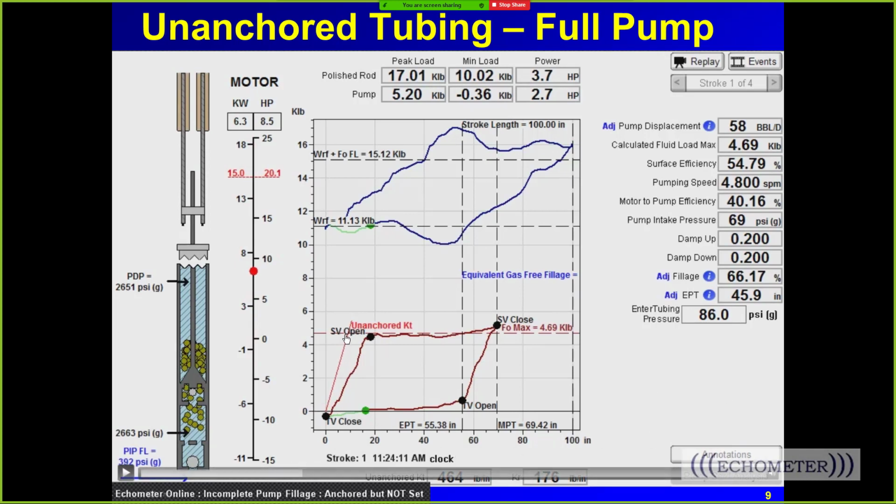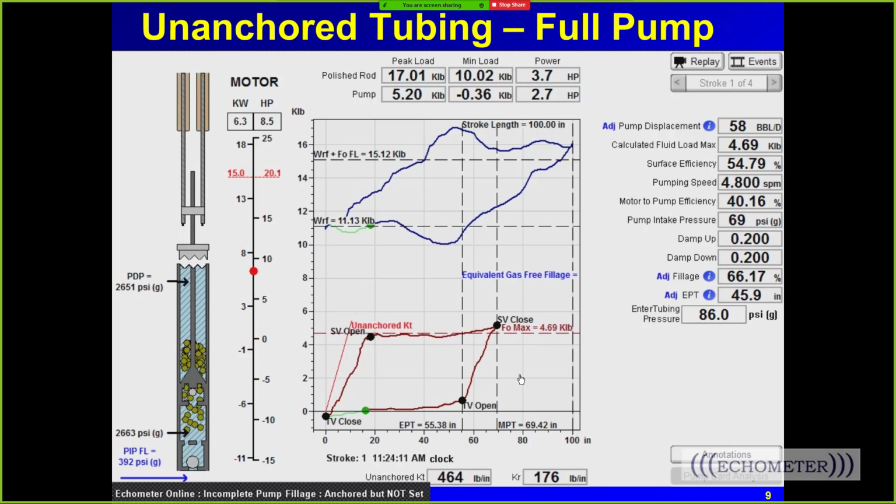And so this line right here is the amount of stretch you get from the tubing, and we would see this is about 10 inches of stretch. And so how does that make any sense? Well, you've got 464 pounds per inch of stretch, and the fluid load is about 4,690 pounds. So if you take 4,690 pounds divided by the spring constant, that means that you're going to stretch the tubing 10 inches to pick up the fluid load, and unstretch the tubing 10 inches over here